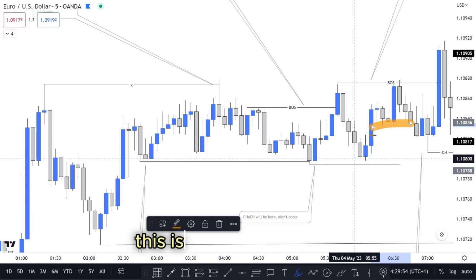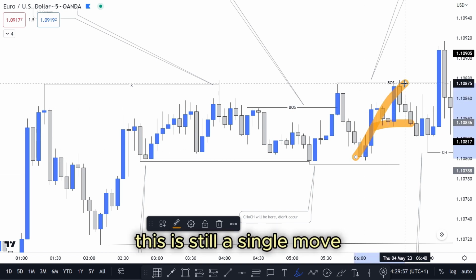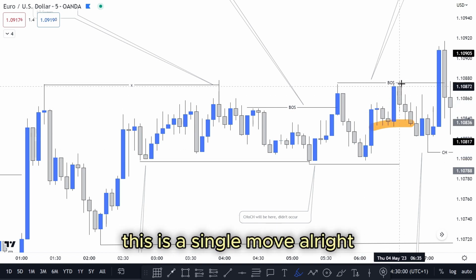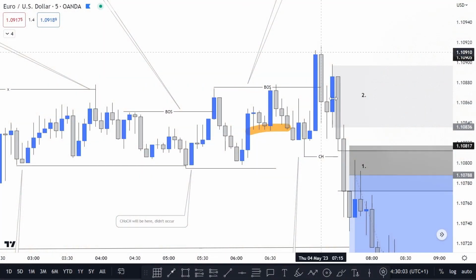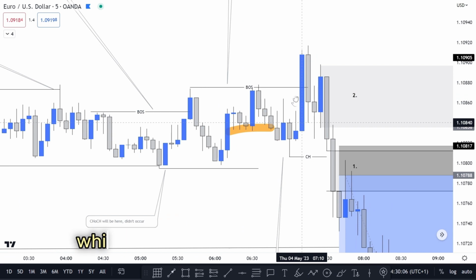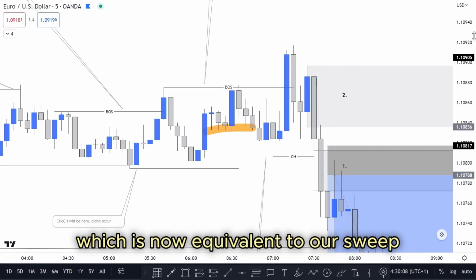Why? Because this is still a single move. This is a single move. All right, and we have this area as we have another change of character, which is now equivalent to our